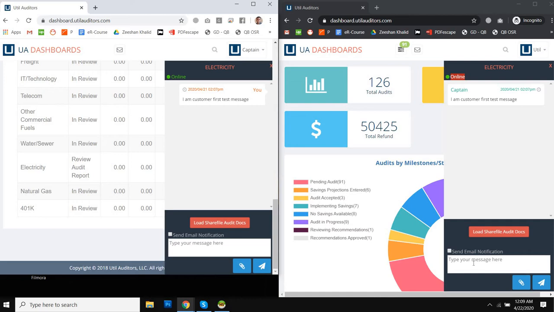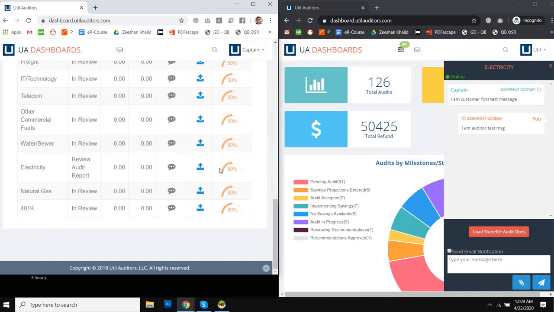online. And they can both receive messages in real time if both are active. Like, I'm sending a message from the auditor account, and we can see this message pop up here. Same with the auditor account. Let's suppose I do not open this window, and the client is not active, and I send the message to this client,